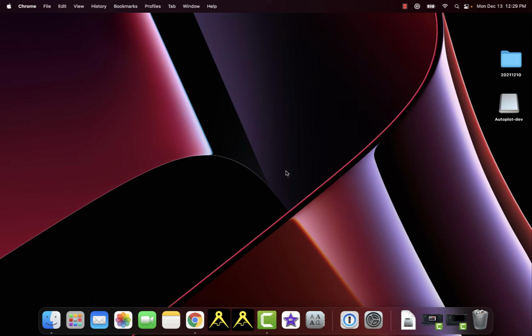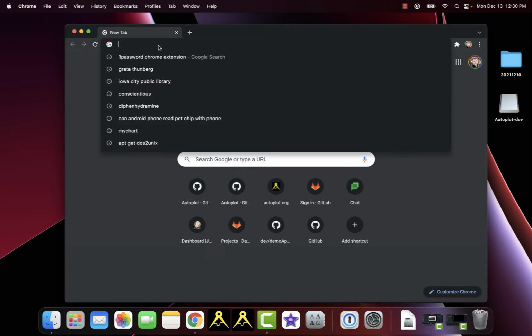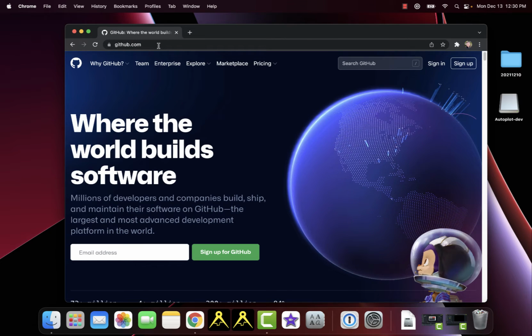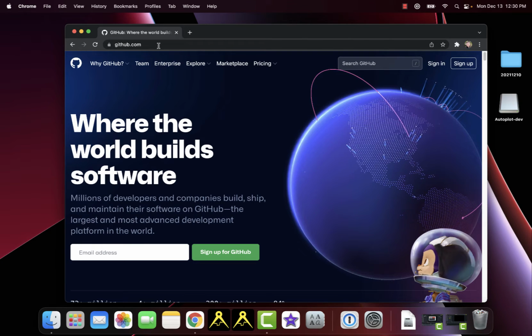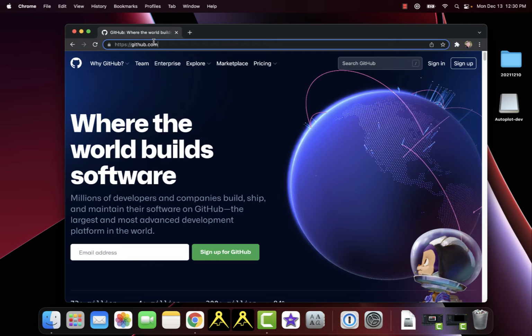First of all, what is Git? Git is a repository system that lets you keep track of changes in code and distribute code changes to other people on your team. So if I go over to Autoplot's GitHub site,